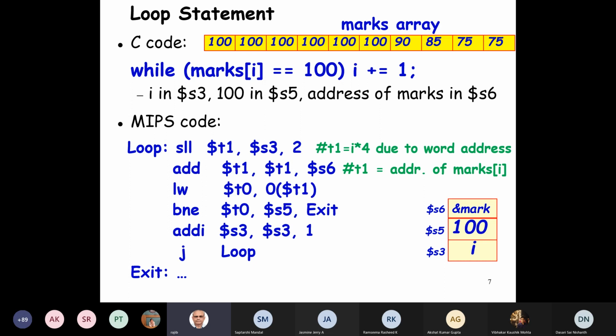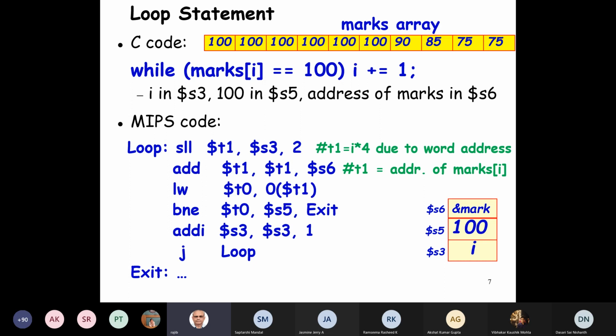And in the loop, we are doing shift left logical, SLL, with S3 and 2 as the operands. So what will T1 contain? T1 will contain i times 4.